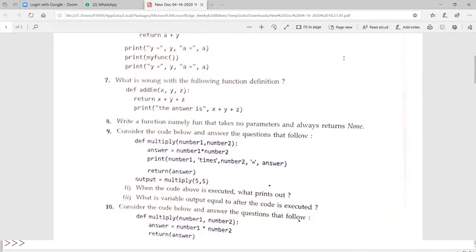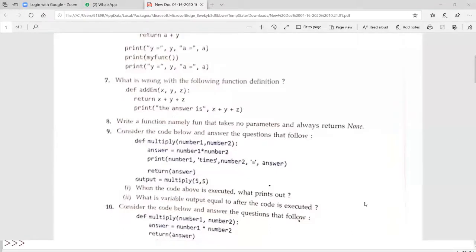Okay. Then question number 9. That problem is giving the answer rightly, but when we declare A as global in that function, that should not be the case.